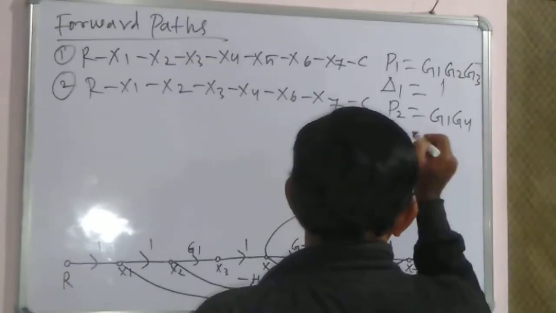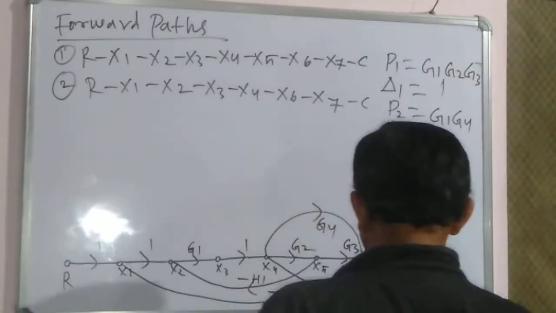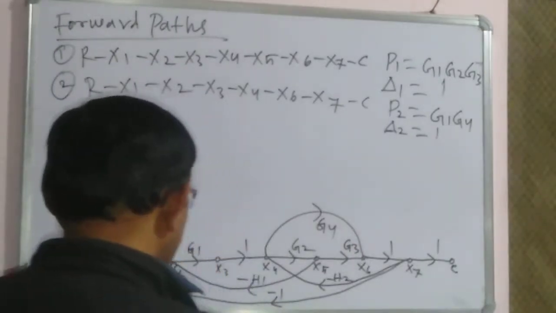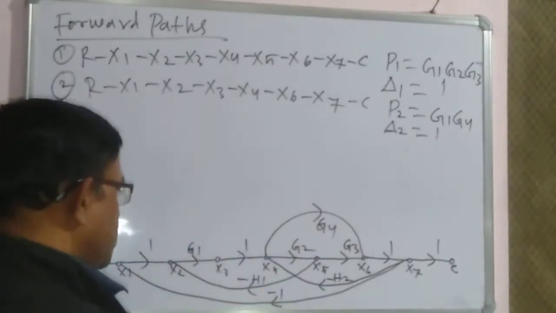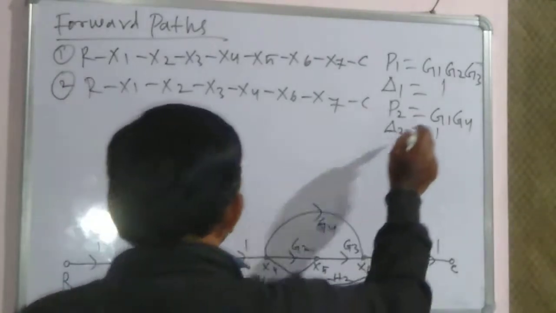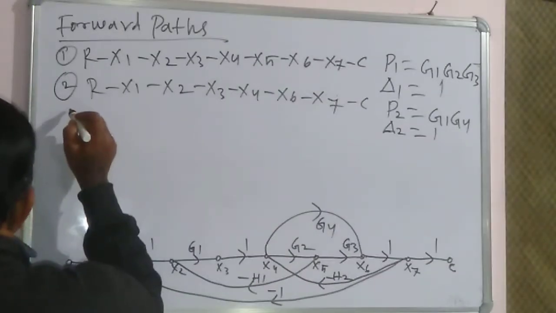Then delta 2 is also 1, because there are no loops that are not touching this forward path. All the loops are touching this forward path. Therefore, delta 2 is also 1. So now let us find the single loops